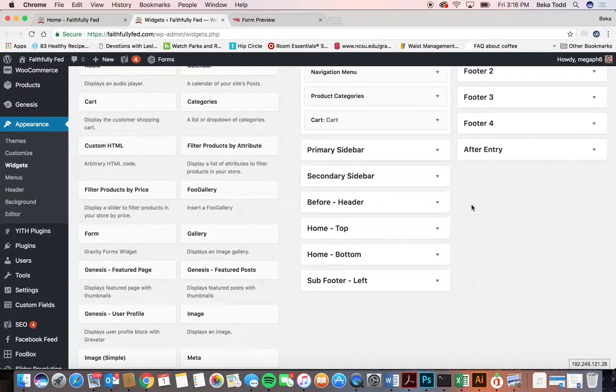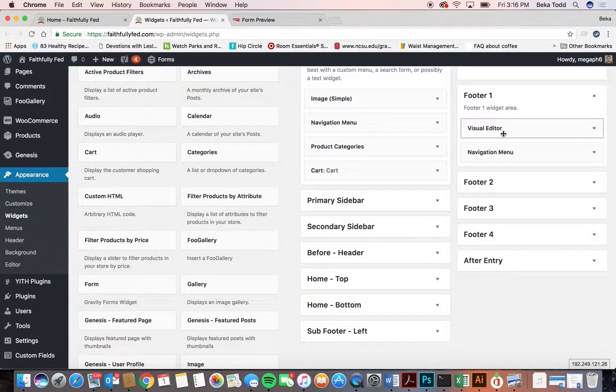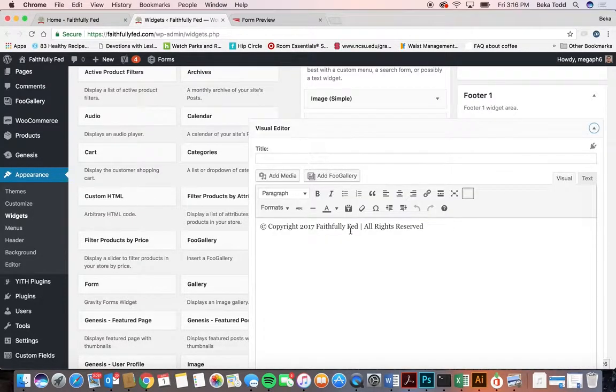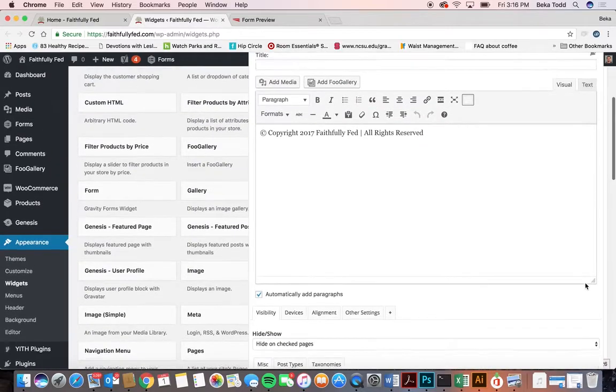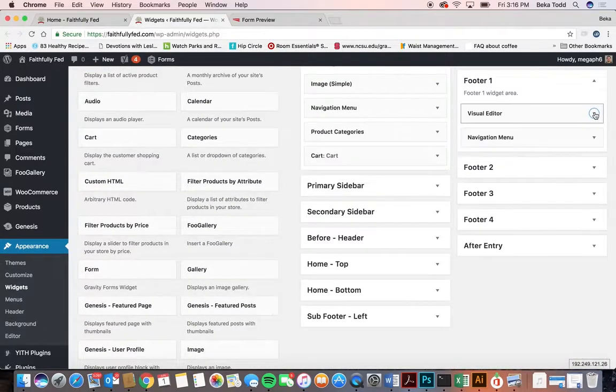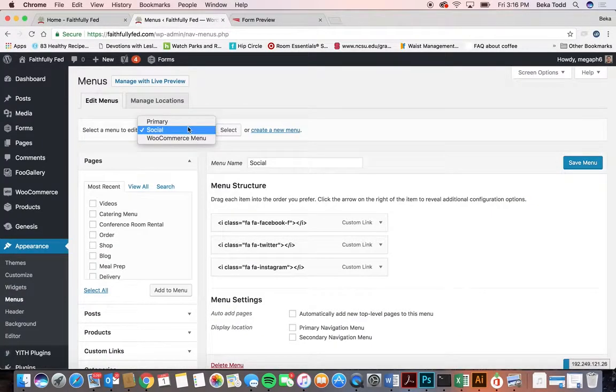And then you can see in your footer you have a visual editor and a navigation menu, and under visual editor you have that information there if that ever needs to change. And then, like I said, the save button is there, and you would save it if you make any changes. And there's not a whole lot you'll ever need to worry about here, but that's just to show you where that is. Under menus, this is where the different menu items are located for both your social media